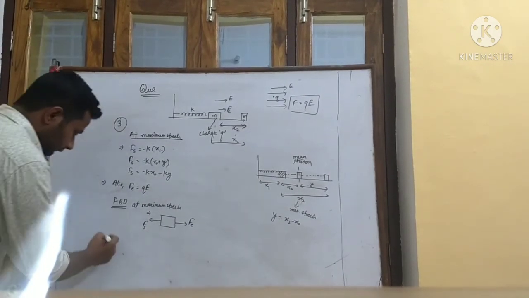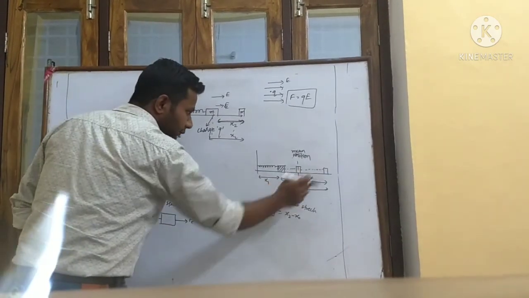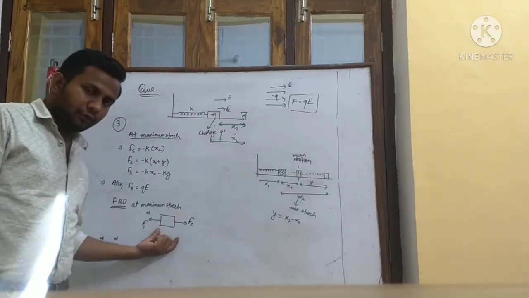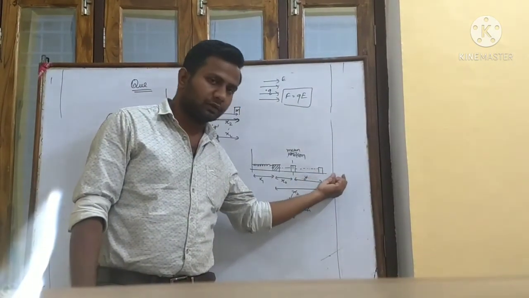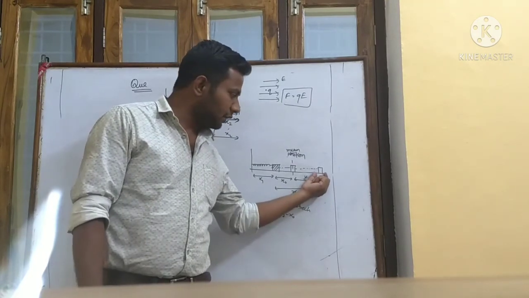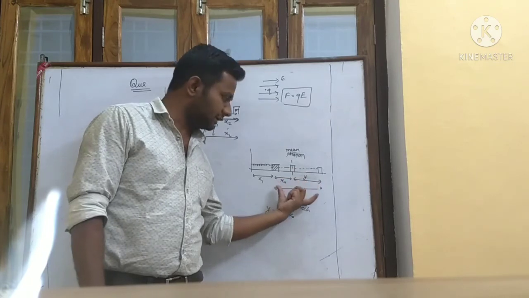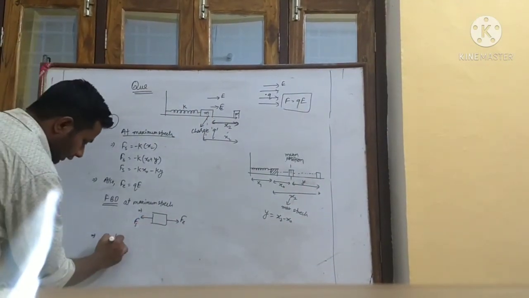So if you see the FBD at maximum stretch, means at this position, what is going to happen? This block will not move in this direction. Okay. This block will come back in this direction. This is the maximum stretch possible for this spring. Okay, so definitely Fs is more than Fe, so F net will be